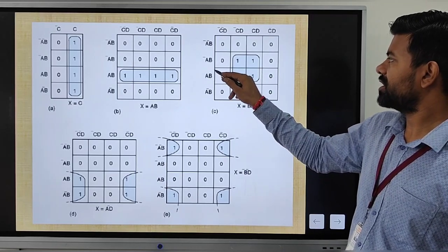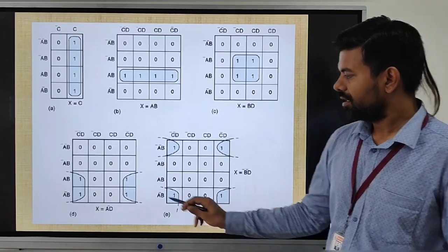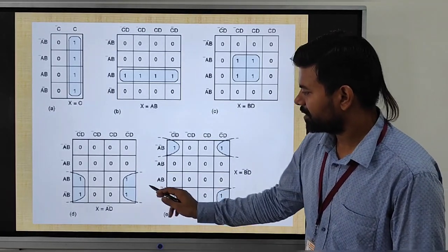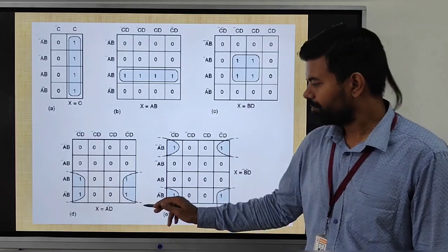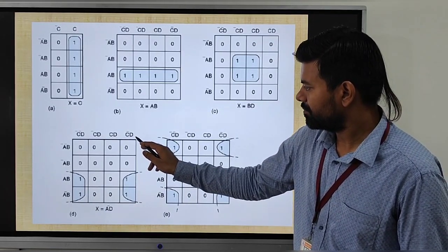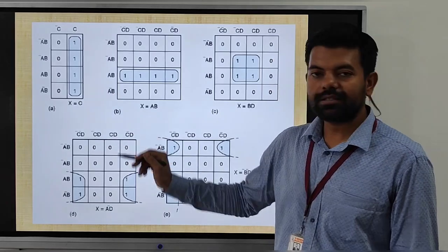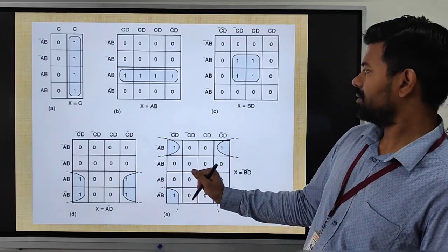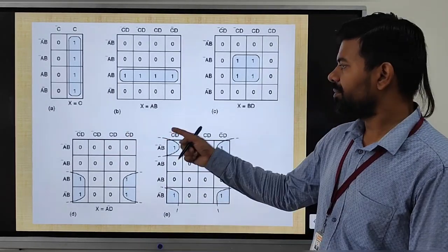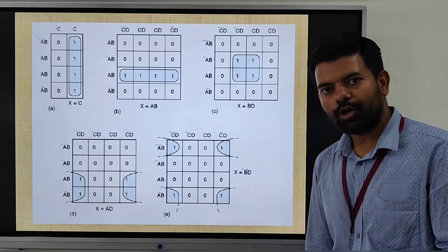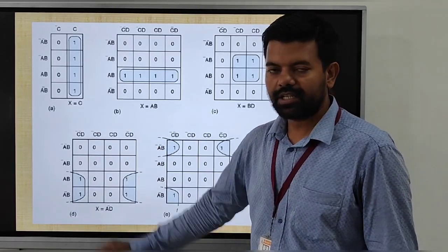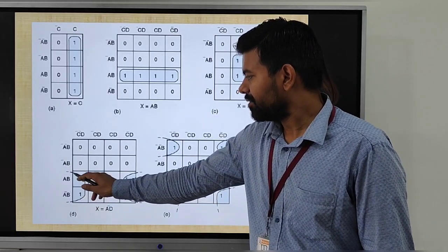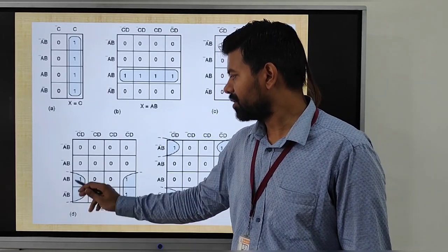Now here what is changing? A bar, so we will write B. In this case and this case are the similar one. So see, this is how we can loop them. See, C bar D, C bar D bar. D and D bar is changing. No, C bar is changing. D bar is not changing. See, the complemented to uncomplemented form, C is changing, but D is not changing. So we will just add the D, and here we will just add the A because B to B bar is changing.